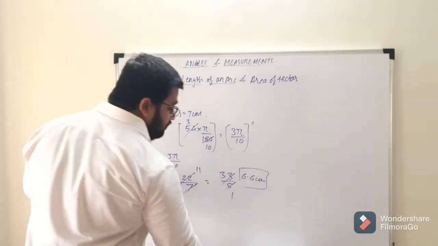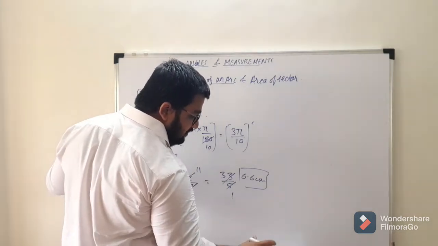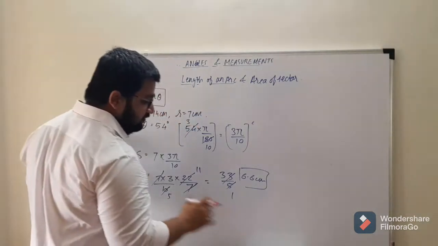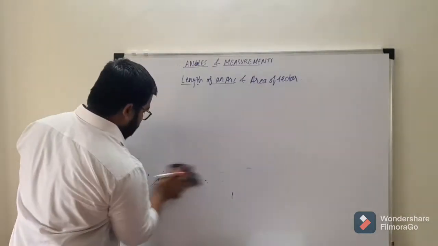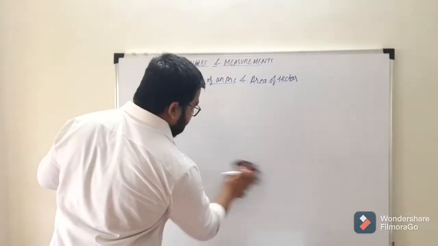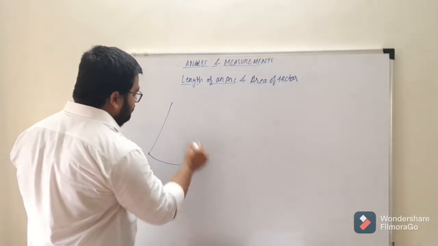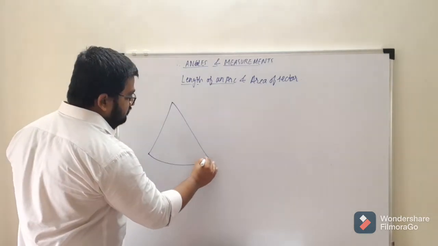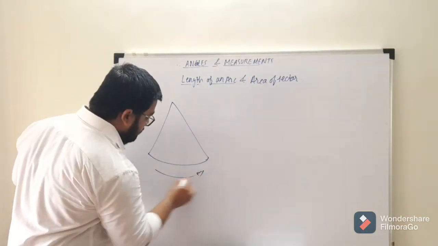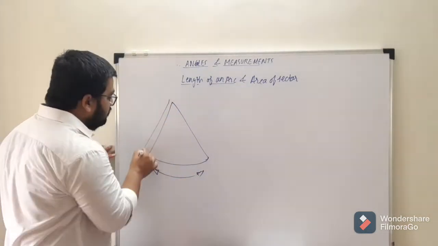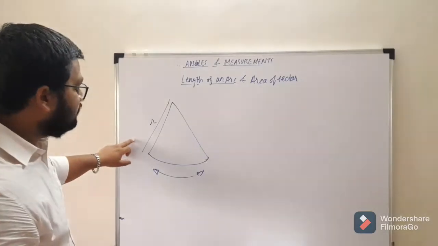Okay. We'll have another problem. They have given that a pendulum of length 21 centimeters oscillates through an angle of 36 degrees. Now I will have to draw this. They have given us a pendulum and its motion. Now just imagine, this is the pendulum and its movement. This forms nothing but a sector of a circle. The pendulum will move this way. Now the length of the pendulum is nothing but the radius of the circle. If you observe closely, this is nothing but the radius of the circle.